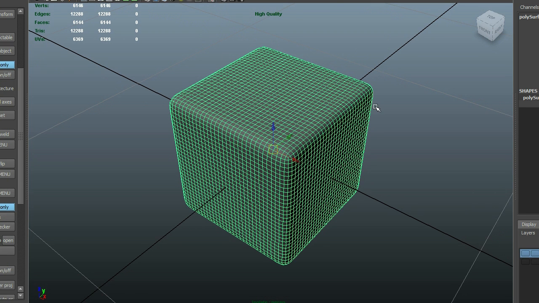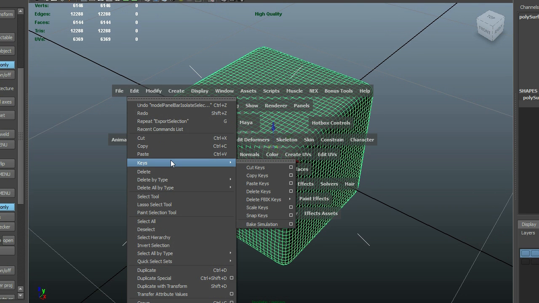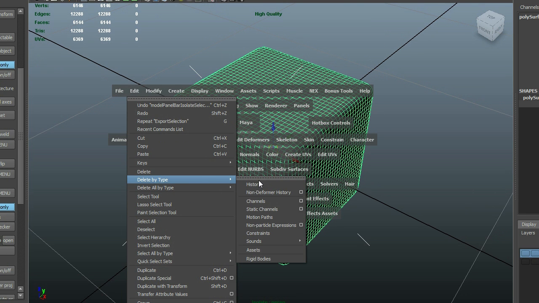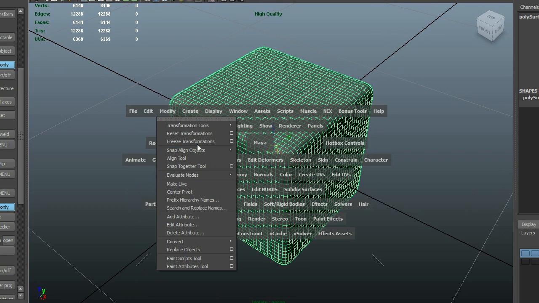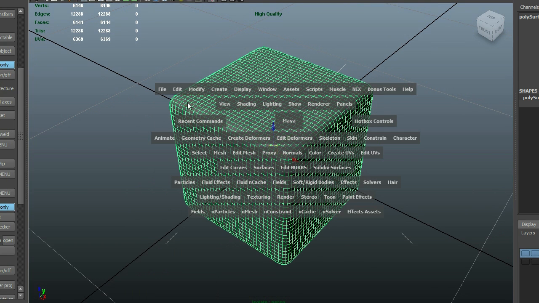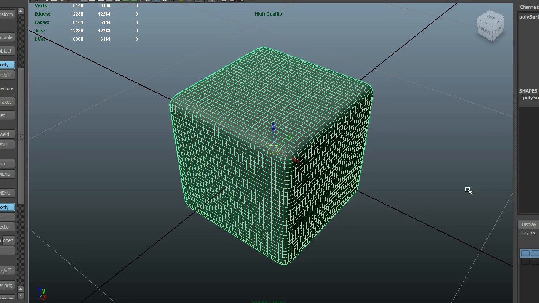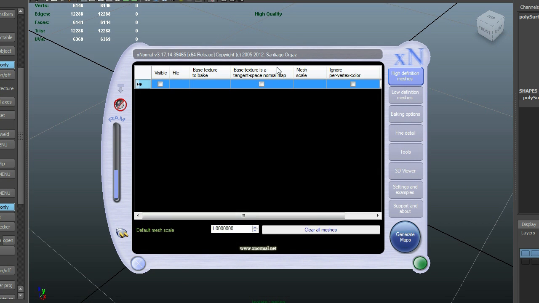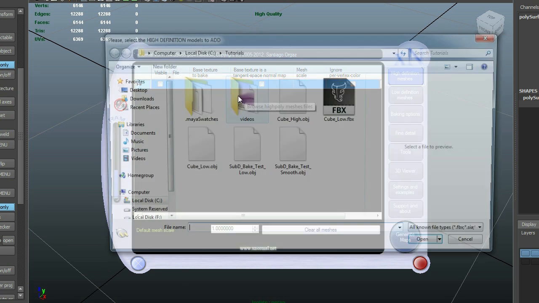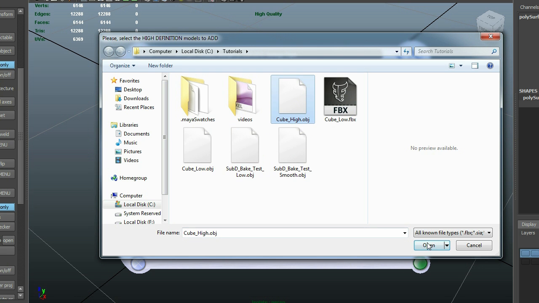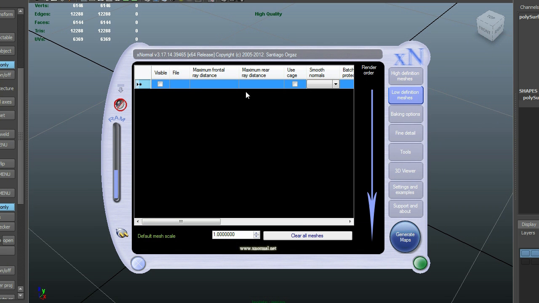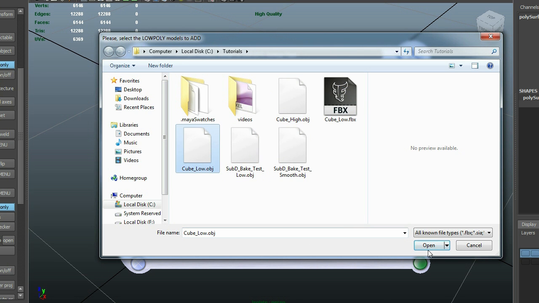So grab my high poly, edit, delete by type, history, modify, freeze transformations, file, export selection, cube, high. So now let's open up XNormal and right click under high definition, add meshes, cube high, click on low definition, right click, add meshes, cube low,